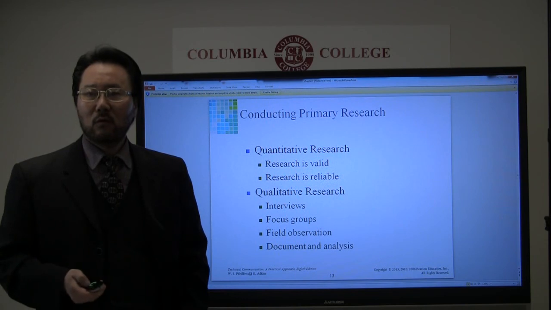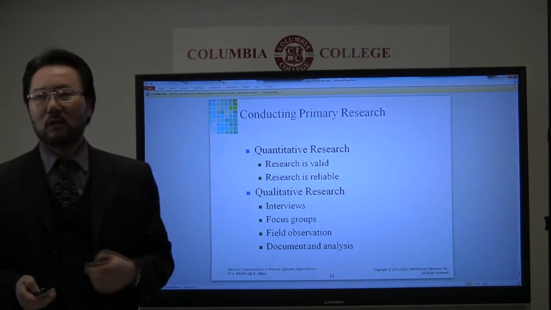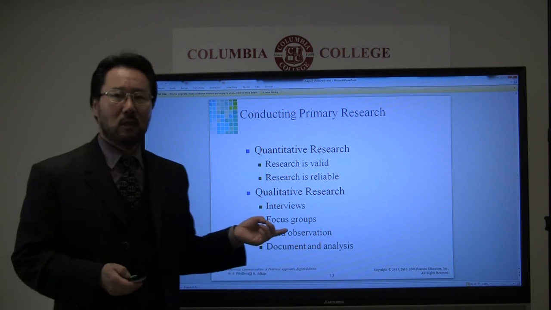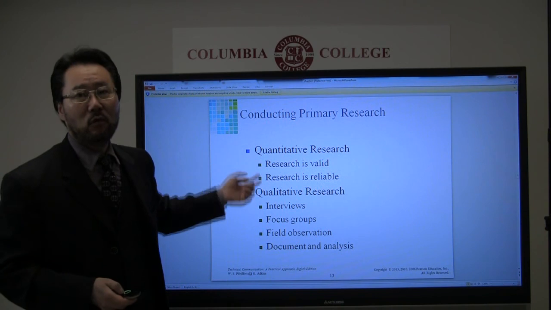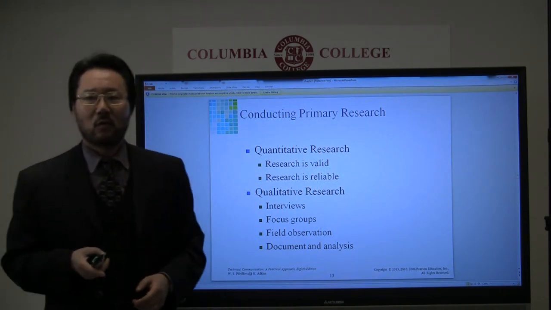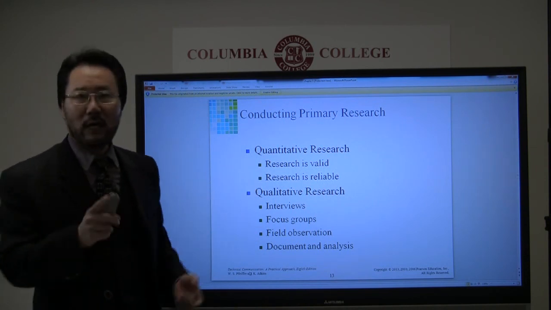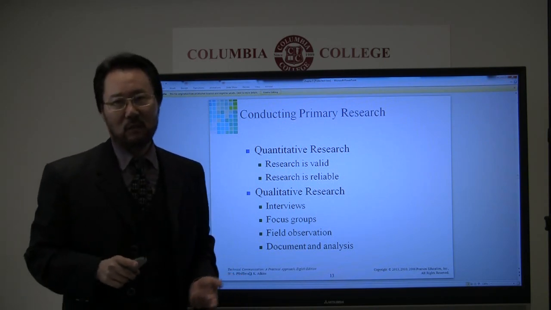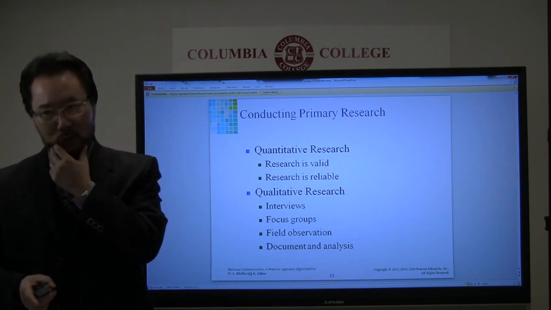Now let's move on to so-called primary research. Like I said, primary research is something where you conduct the research yourself. And primary research can be divided into, first, quantitative research. Quantitative research is basically you're counting statistics. So this research can be valid or reliable because you are actually counting everything yourself. Rather than trying to find the statistical information in a web page, you are actually doing your own research, and you